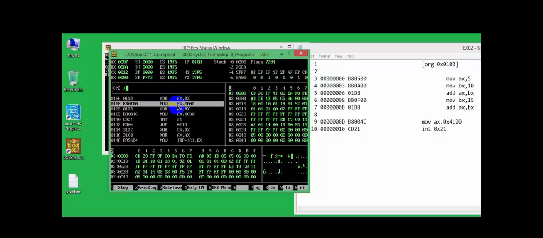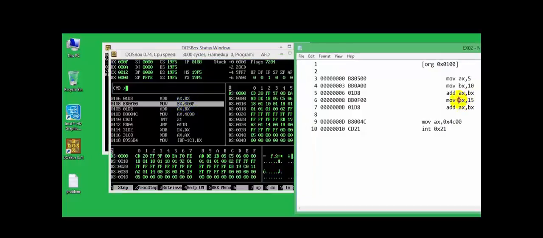Okay, now again move 15 to BX, because if we use AX here, the value is changed, because AX already contains 15 by adding this and BX contains 10. If we add this, it will become 25. So we need 30, so use BX here.